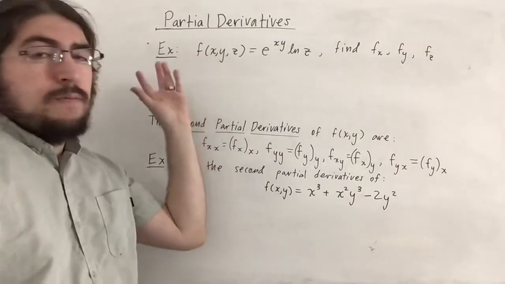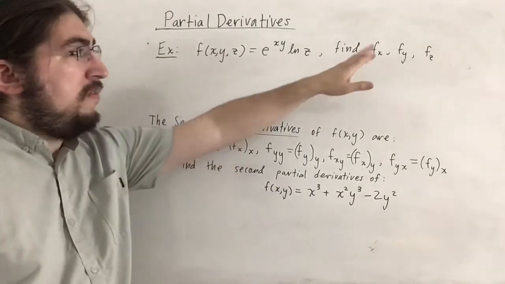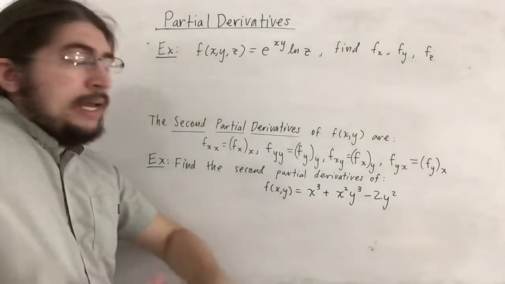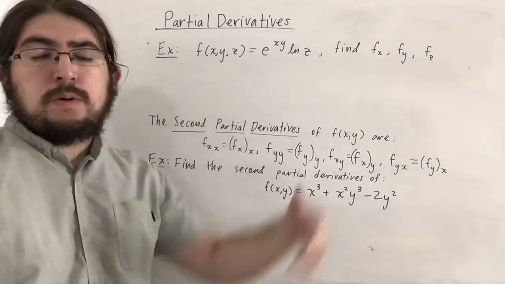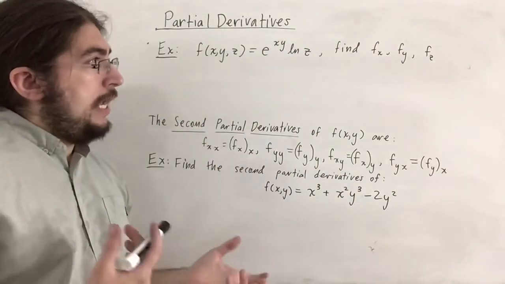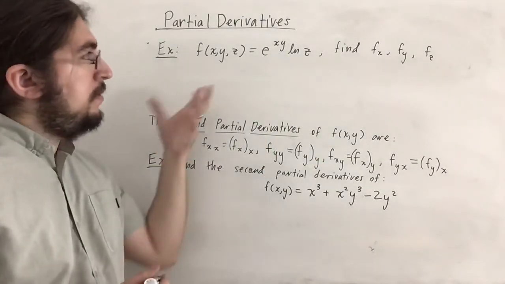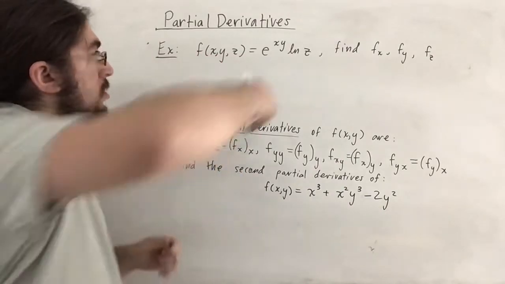So what if we had more than 2 variables? So this function of 3 variables, for instance, can we find the partial with respect to x, y, and z? And of course we can. And the idea is very, very similar. You just set all of the other ones that are not the subscripted one as constants and take the derivative with respect to only that variable. So that's the main idea behind anything that has a higher amount of variables than just 2. So for instance,